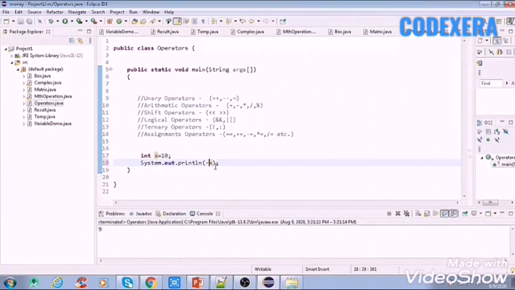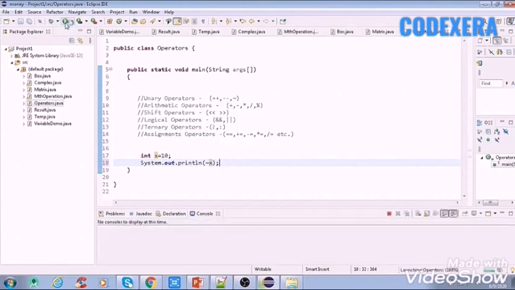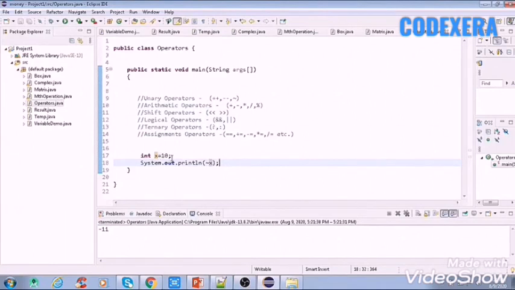So this is the use of unary operators in Java. Now we'll see what a negation sign does. Here we have used a negation sign. Now we'll run this.